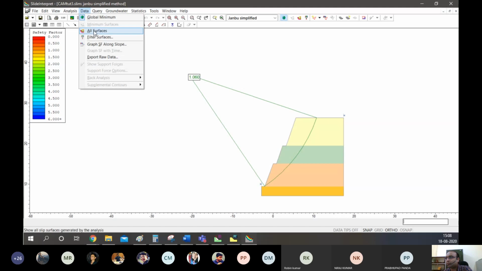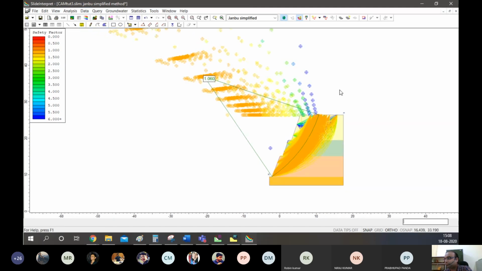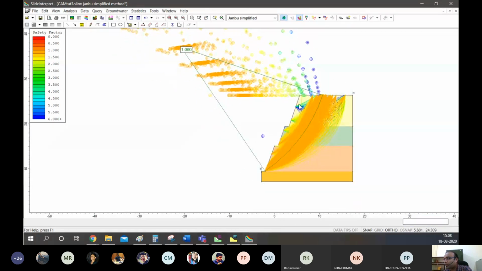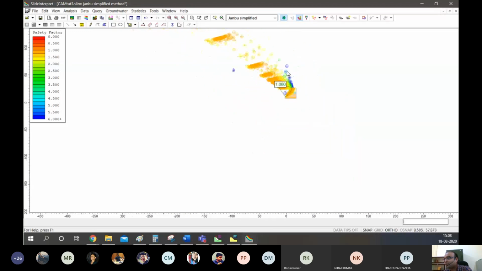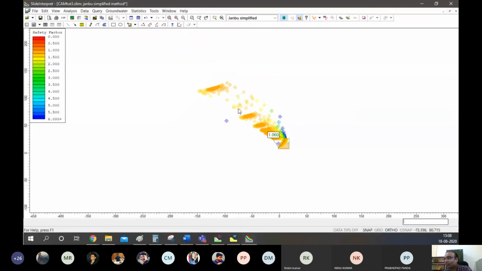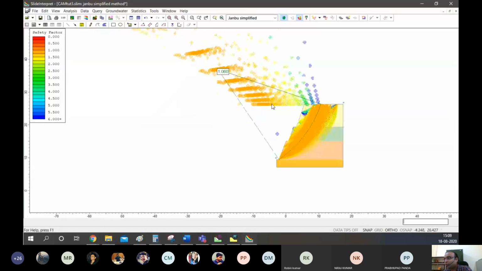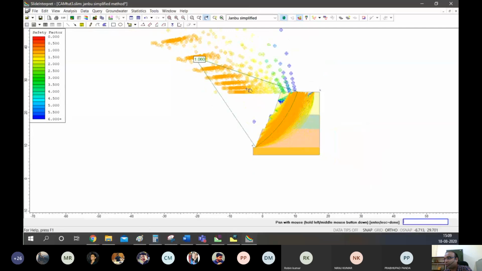So data column, all surfaces. So if we click that, you see how many surfaces are here, right? How many surfaces are here, and what is the pattern it has created to basically see how the movement of centers is there. Now you can understand how the movement might have been.